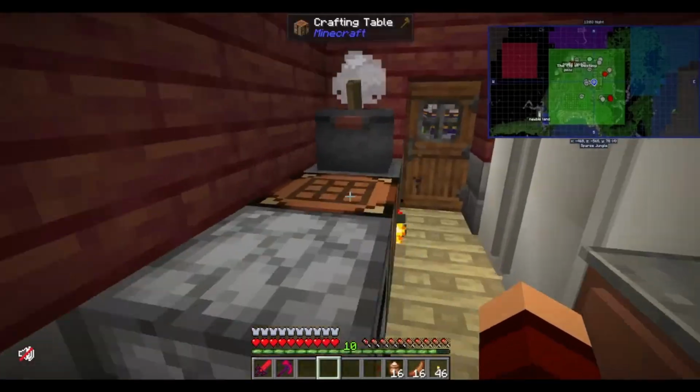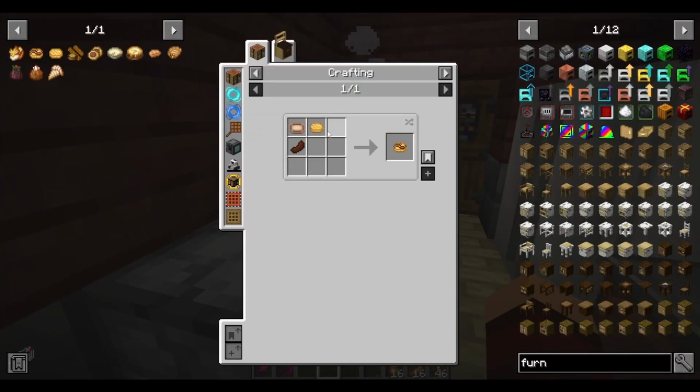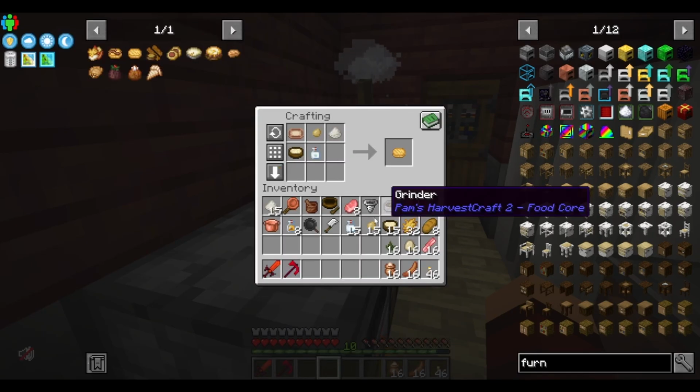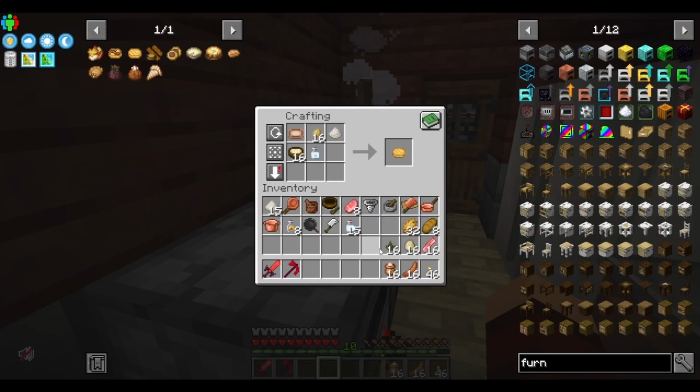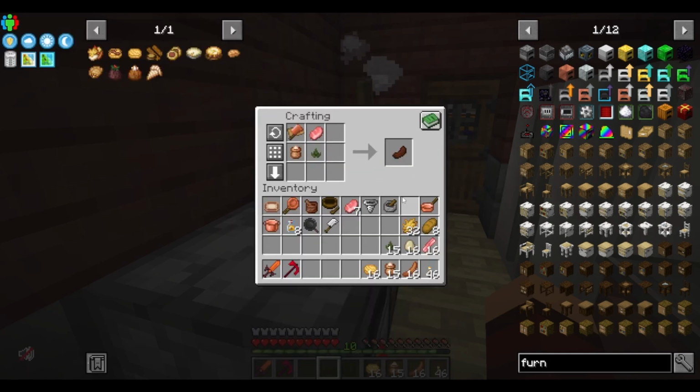Okay. While we wait on that, let's see what the next one is. Toad in a hole. So we got to make Yorkshire pudding, which is going to be all of this stuff here. All right, there's 16 of those. Good, good. We're actually going to end up making that next again, but whatever. And the sausage we've made before. So there's that, that, and that. Gives us...